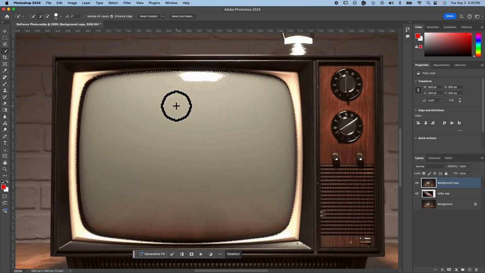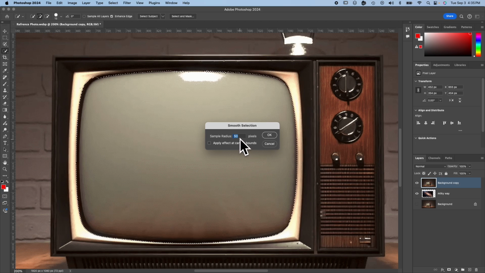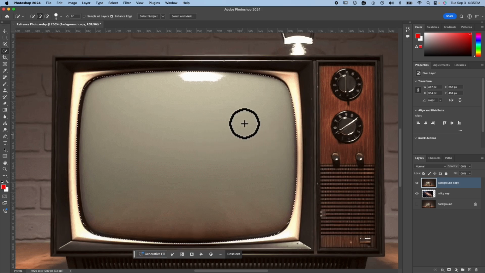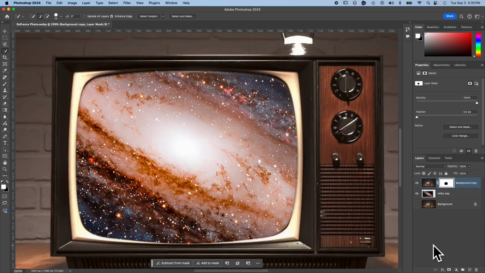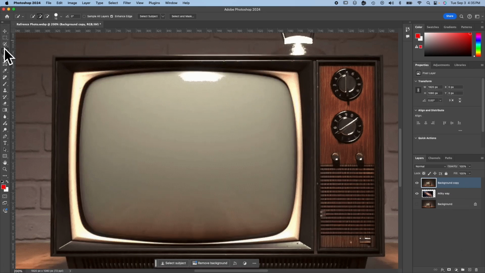Now I've got this, and I do want to smooth it again. I'm going to click Smooth Selection here, and let's try 20. There. See, that kind of got us that nice round shape. I can apply a mask again, invert it again. There we go. We've selected out the screen in that way. Delete that. And so those are our best selection methods to cut out a sort of rounded shape like this,